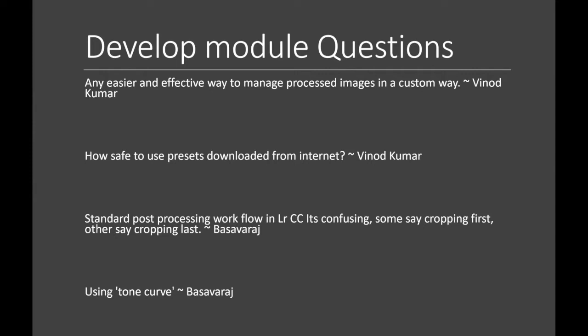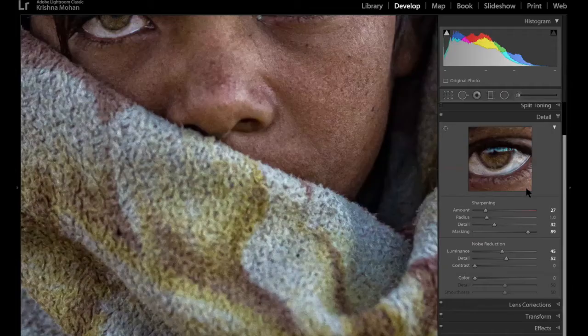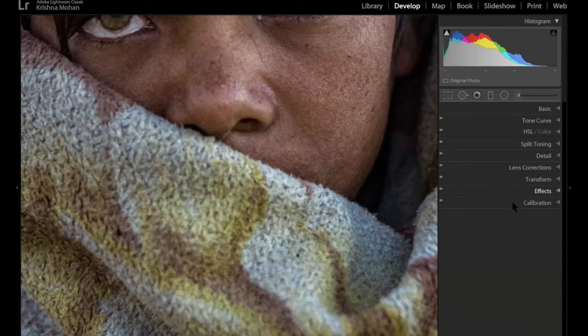Because what Lightroom does is it keeps all these settings in a file and shows you the result as and when you change the sliders. So as far as Lightroom is concerned, I'm not talking about Photoshop, there is no hard and fast rule of what you should do and what you should not do. The only thing I suggest you do first is lens correction. In fact, that is way down in the panels. So if you have a distortion in your picture, you start off with that lens correction option where you correct the distortion.